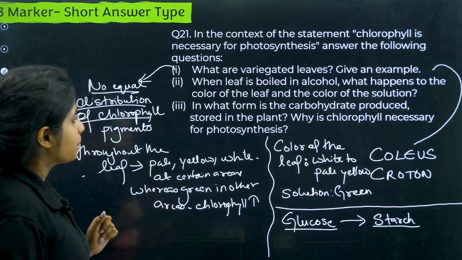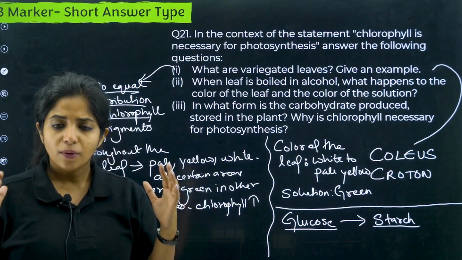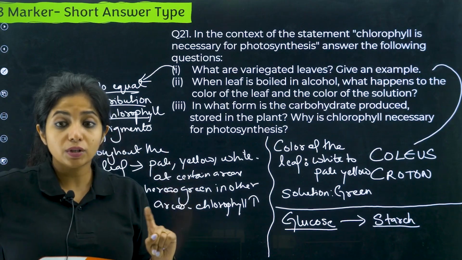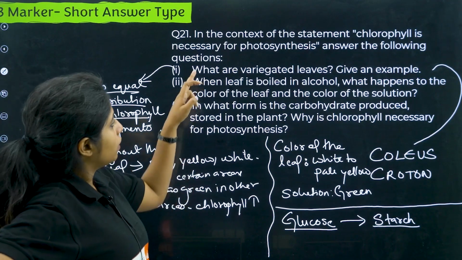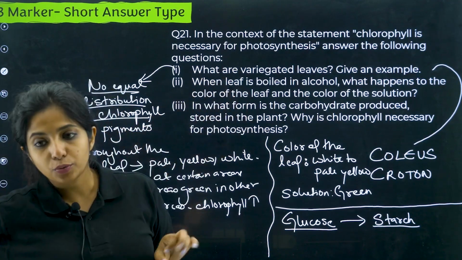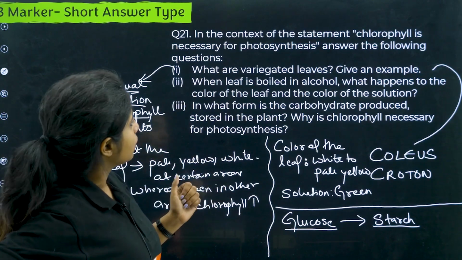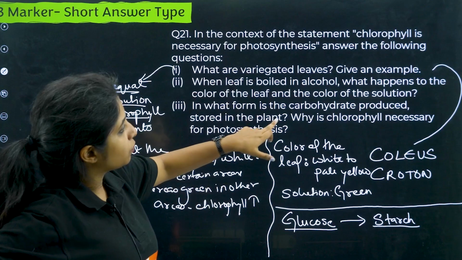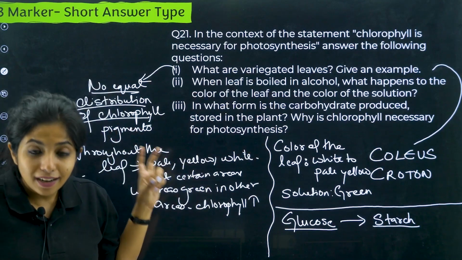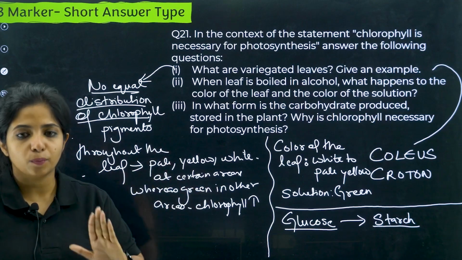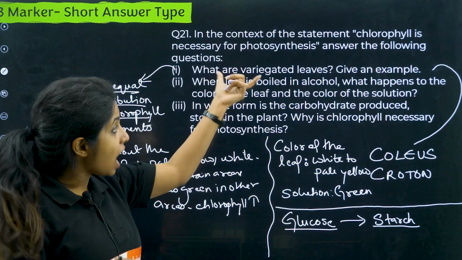Works? Now, why is chlorophyll necessary for photosynthesis? That is the next part of the question. Now listen, this is a 3-marker question. We can give 1 mark to each portion, if you think like that, or probably it can give 1.5 marks here and 0.5 over here. We do not know the mark distribution yet. So what we can do is write whatever you know, but only what is important. Not whatever junk you know, you do not have to write. Whatever is asked over here,